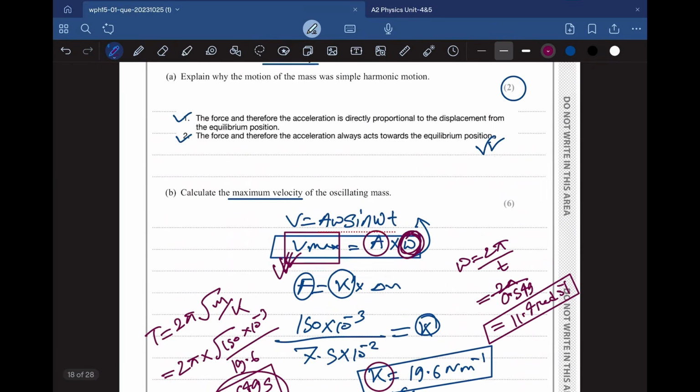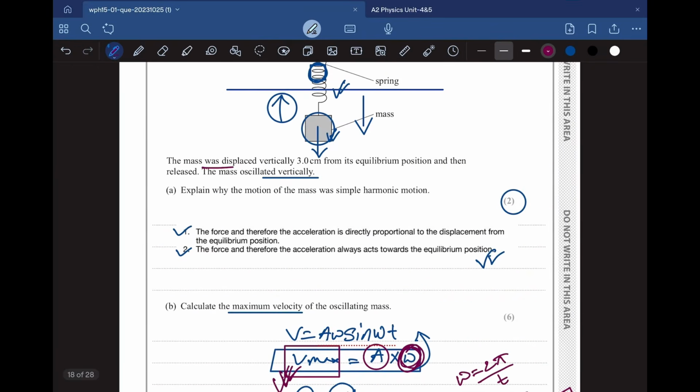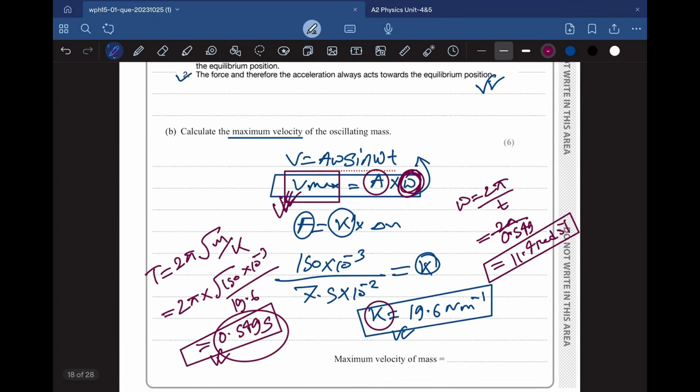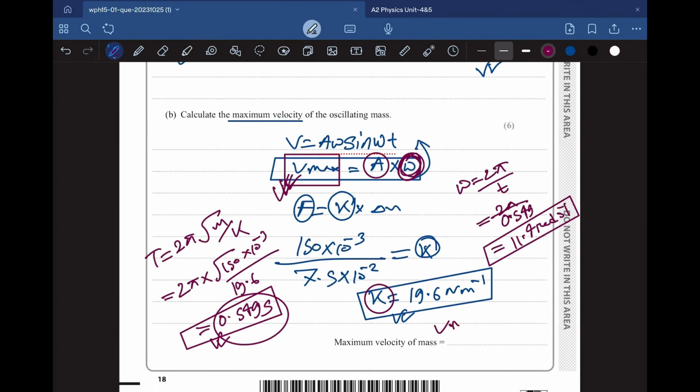Now we just have to know the amplitude, and we know the amplitude is the maximum vertical displacement, which is 3 centimeter. This maximum vertical displacement from the equilibrium position is the amplitude, right? So we'll just multiply it with this one. So Vmax is equal to 3 into 10 to the power minus 2 multiplied by 11.4, which will give us a value of 0.34